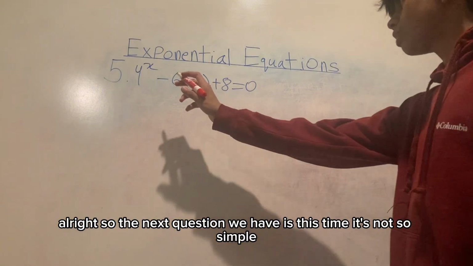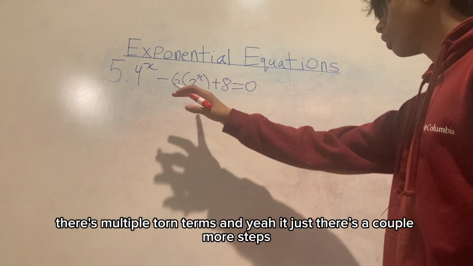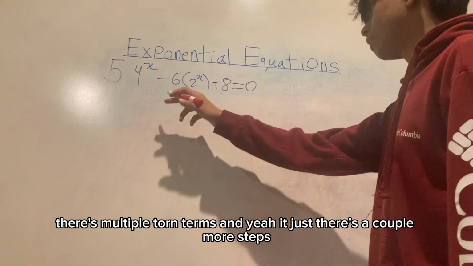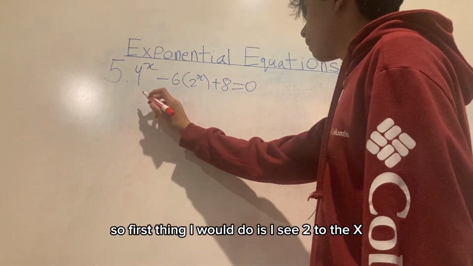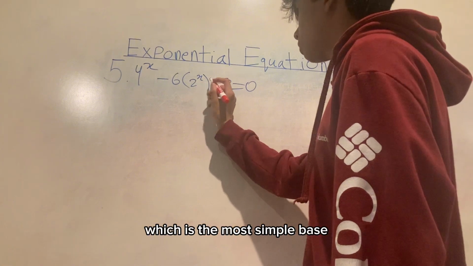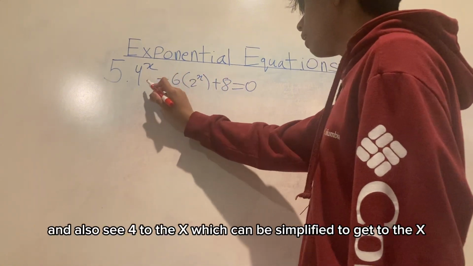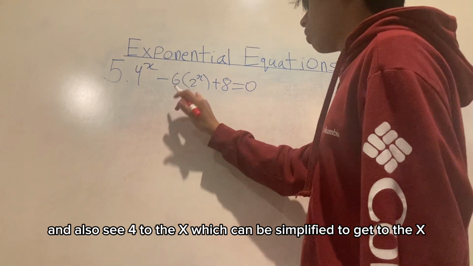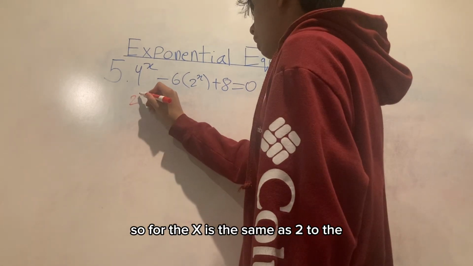Alright, so the next question we have is, this time it's not so simple. There's multiple terms, and yeah, there's a couple more steps. So first thing I would do is I see 2 to the x, which is the most simple base, and I also see 4 to the x, which can be simplified to get 2 to the x. So 4 to the x is the same as 2 to the x